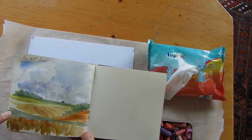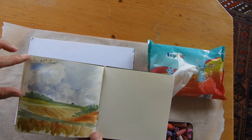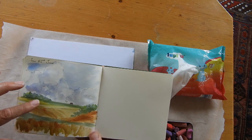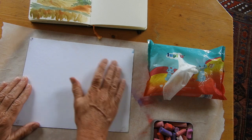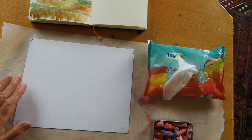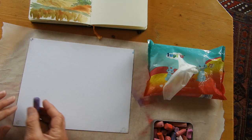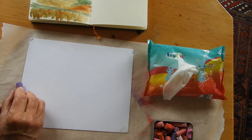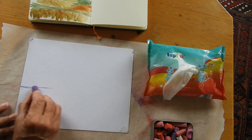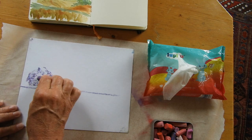This is a little sketch I've done to combine the ideas I had of those two photos that I showed you, but I've made the mistake when I did it of putting that exactly in the middle, so I'll lower that down a little bit. Right now I'm going to do the underpainting. So what I want to do is to just pop in that line first, just going to drop it a little bit below halfway,